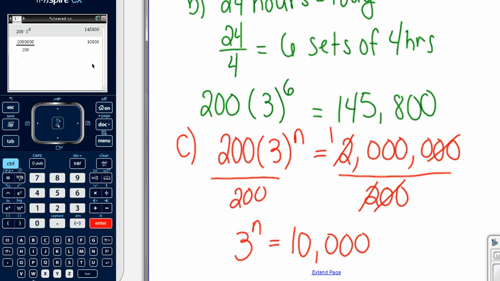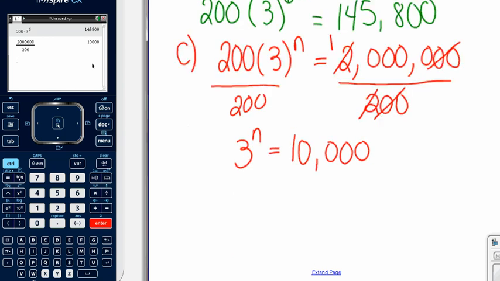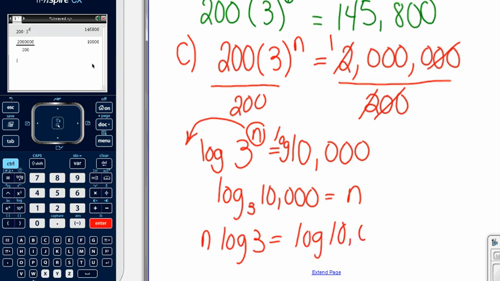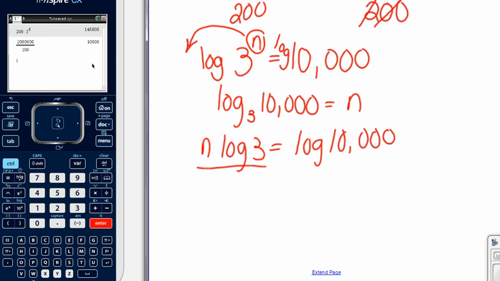And now we can write this in logarithmic form, or we can take the log of both sides, whichever you prefer. So writing this in logarithmic form, we've got log base 3 of 10,000 is equal to n, okay? Or you could simply take the log of both sides in the previous step, so log whatever, base 10 or natural log, it doesn't matter. Bring down your exponent, so you'll have n log of 3 equals log of 10,000. And then you can divide log of 3 to the other side. And you get n equals